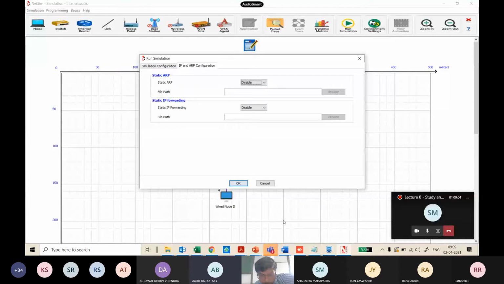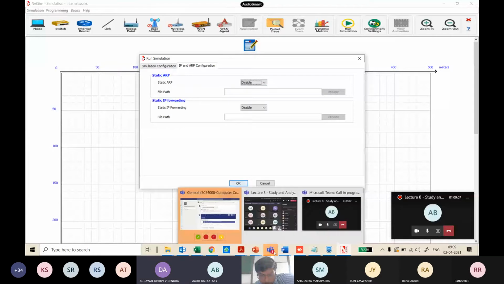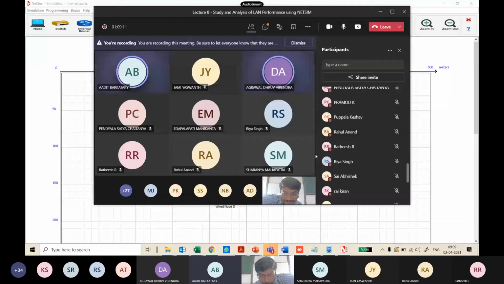Used to find the MAC address using the logical address. Address resolution protocol.